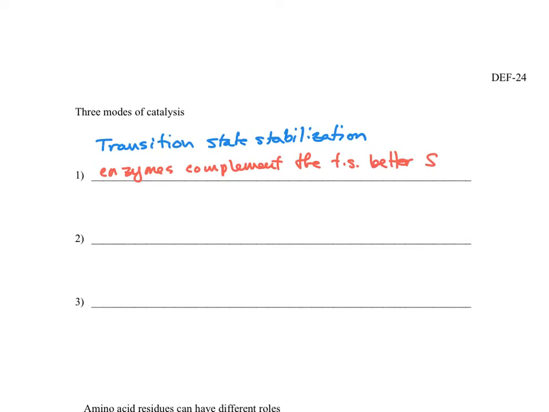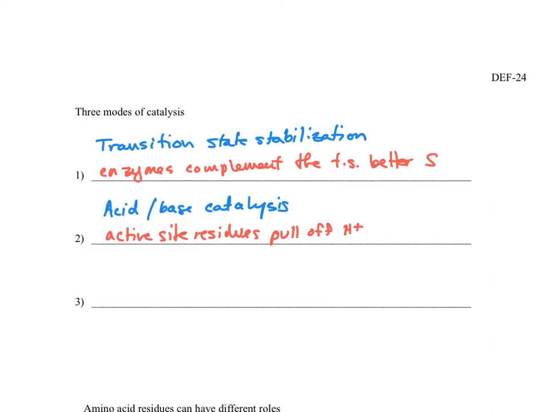But there are two others that we sometimes and often see in enzymes. One of them is called acid-base catalysis. And what this means is that the active site residues pull protons off or donate protons